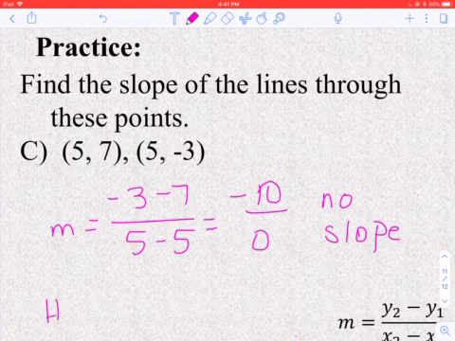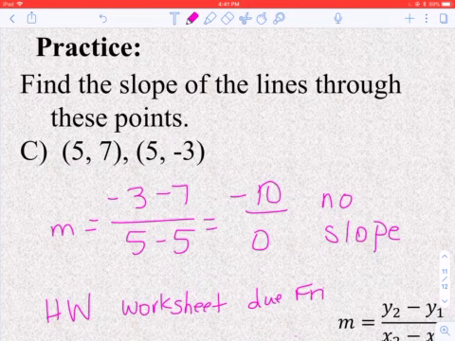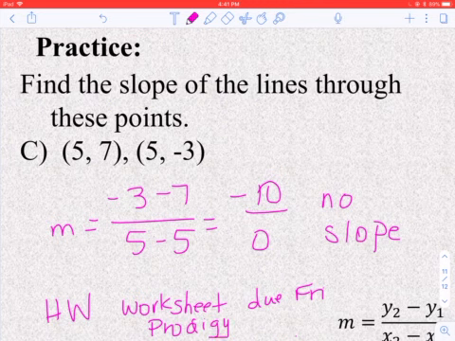You do have a homework. It is a worksheet. And because today is Tuesday, this is going to be due on Friday. Like I said, we probably have a quiz next week. It'll be on slope, and what we're going to be talking about on Thursday, whether something's a function. All of this is going to be on a quiz for next week. So, oh, sorry, you also have Prodigy to do. So I appreciate all the